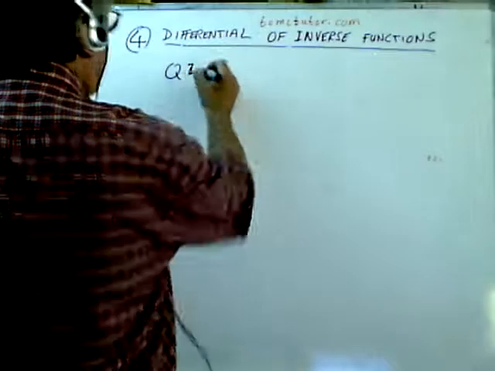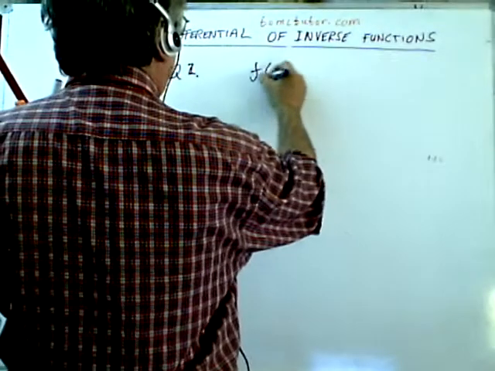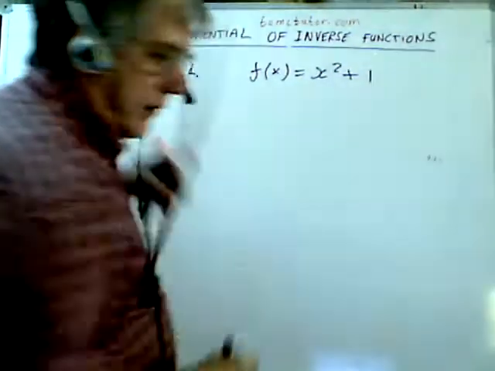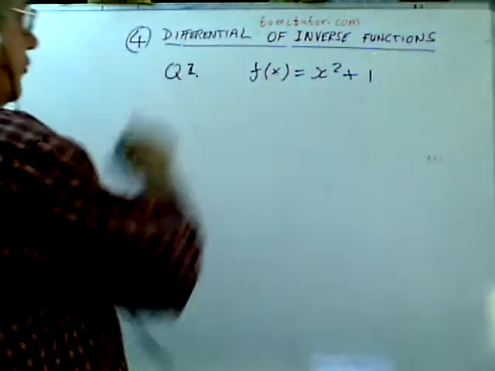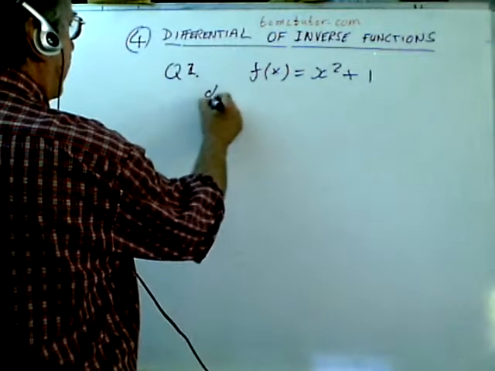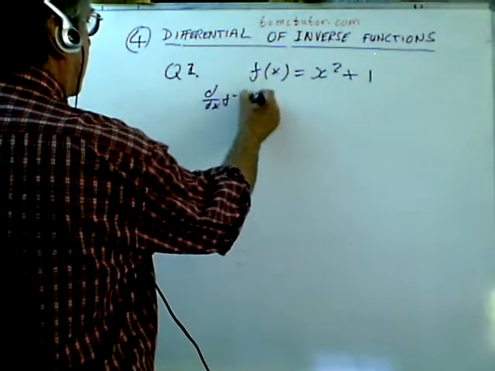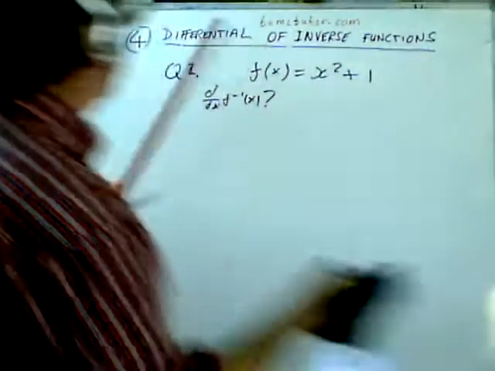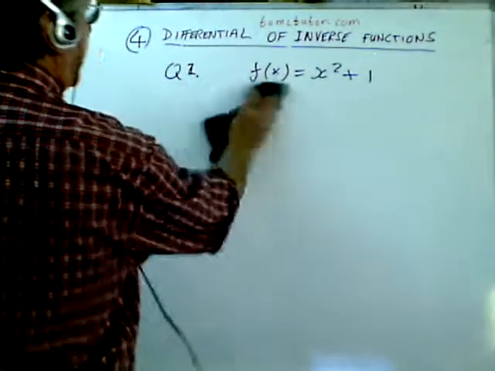Question 2 is, if we have f of x is equal to x squared plus 1, basically find the differential function of the usual d/dx of f minus 1 of x, okay? That's the question. That's what all these questions are. So to find the differential of the inverse function,